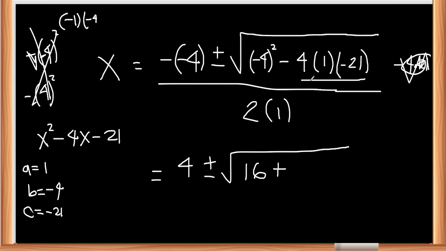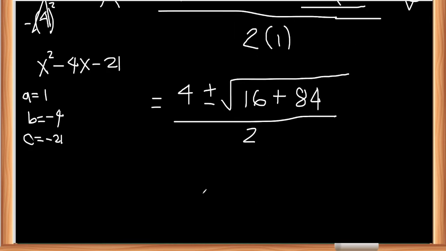So, what is negative 4 times 1 times negative 21, magiging positive na siya. Kasi you're multiplying one negative and another negative. Kaya naging plus, sabi mo nga plus. So, what is 4 times 21 na lang? No? So, yun yung wino-work out natin dito. It is? 84 po. Okay, very good. 84. All over, 2 times 1 is 2. Okay po? So, we have 4